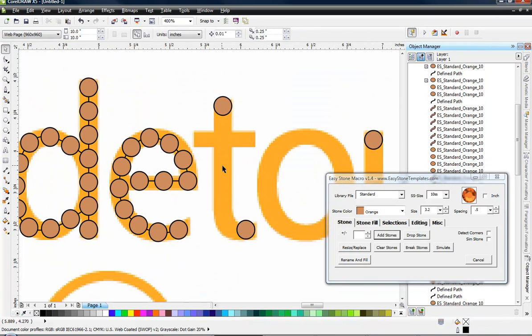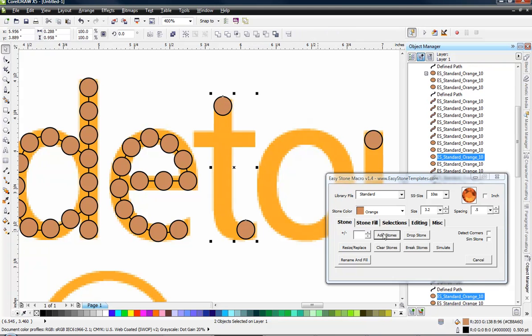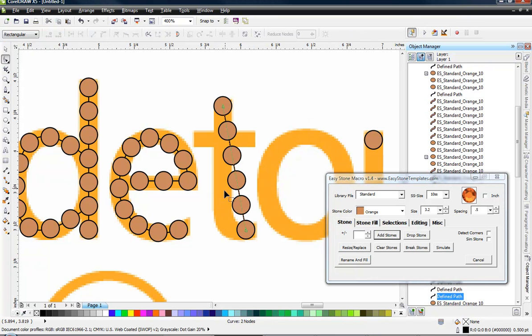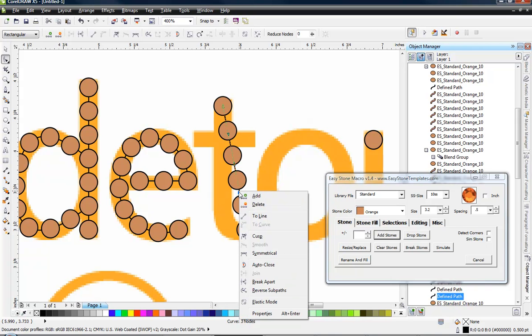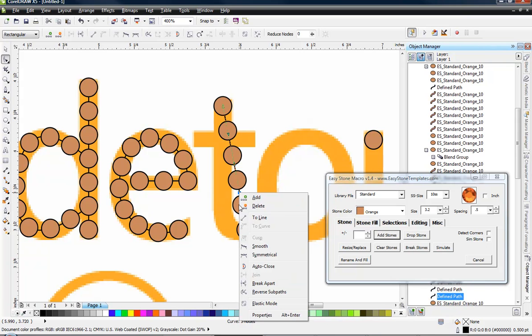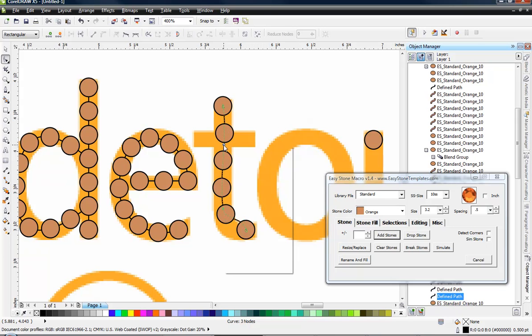Now for our letter T, we kind of need the same thing. Select the top and bottom, shift add stones, grab my shape edit tool, double click to create a node. That's a control point, right click and make it a cusp. Okay, so now it's a cusp, and then I'm going to pull this down. Now this top part of the line, I'm going to right click and make it to line,